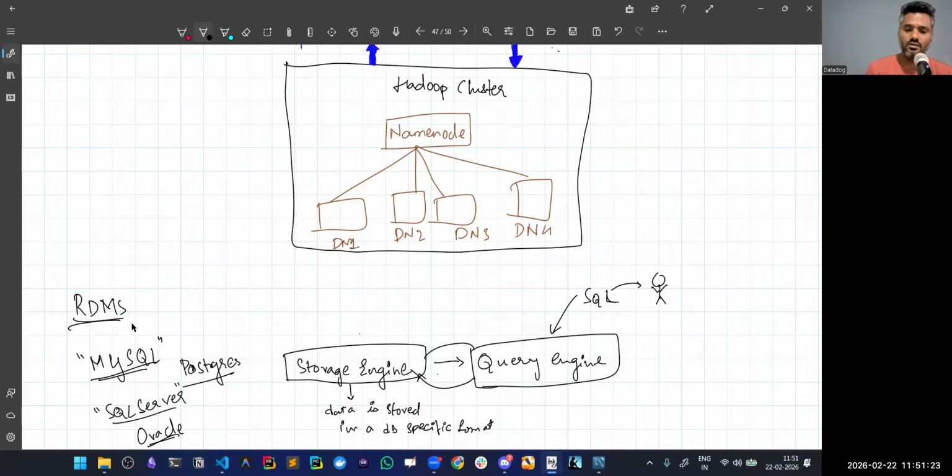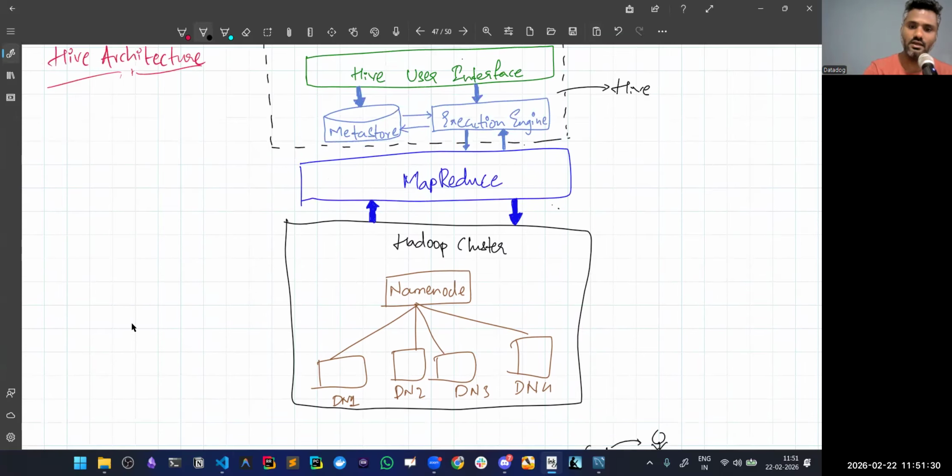So now, if you scale that idea to something like a Hadoop system, this Hadoop cluster,